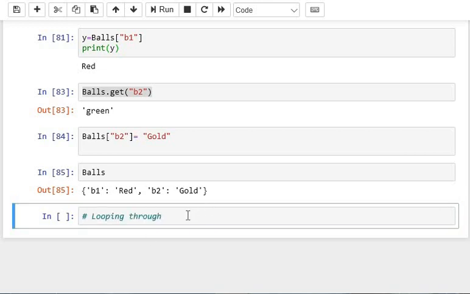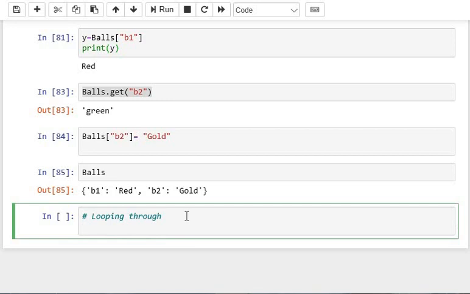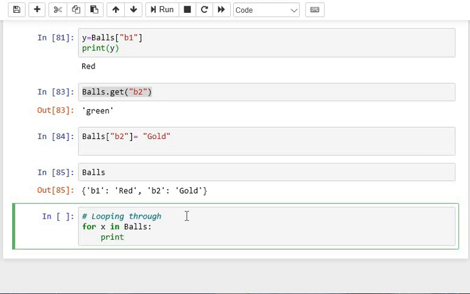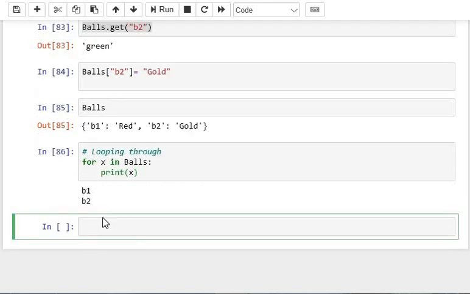Now let's look at how we loop through a dictionary. With the normal loop that we have, it's going to print everything. It's going to print all the keys. But if you want to print out everything,